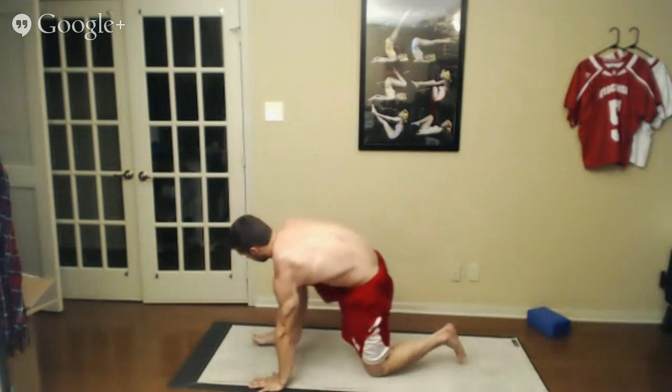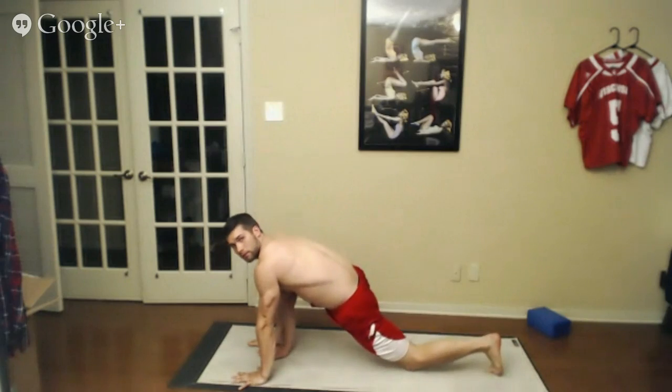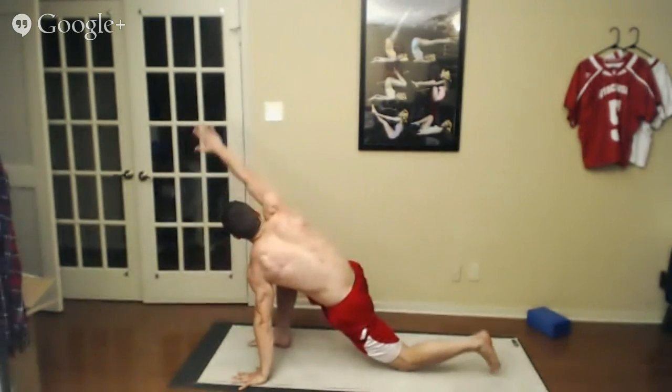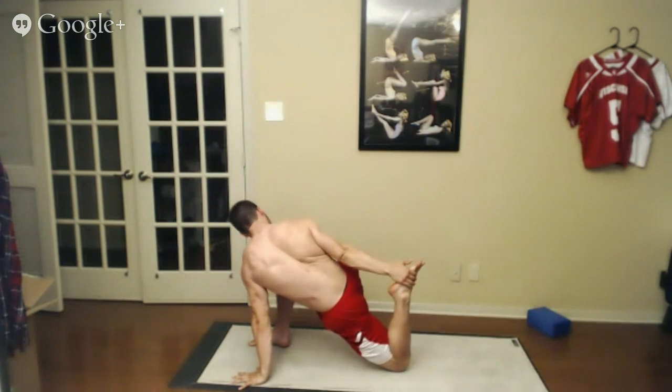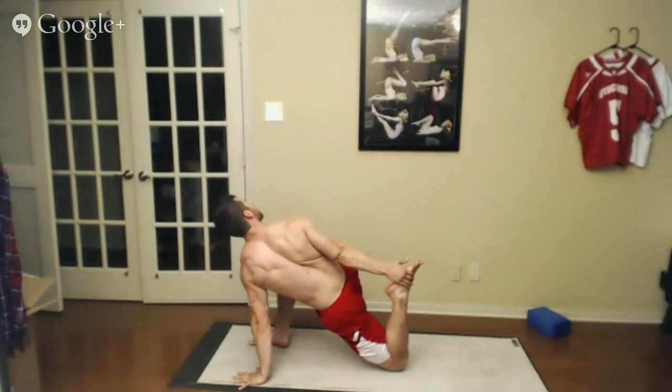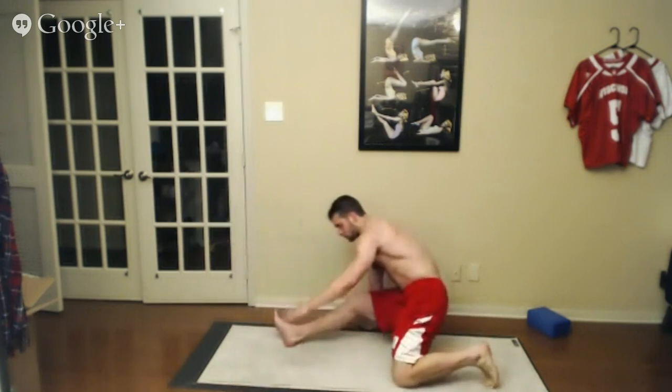So right foot forward, left foot back. Keep your left hand on the ground. Reach your right hand up and over in this big arc and grab the outside of your left foot here, pulling your chest back, opening up your chest and your right shoulder toward the right wall here. Or if that's too much, you can just ease onto your side,